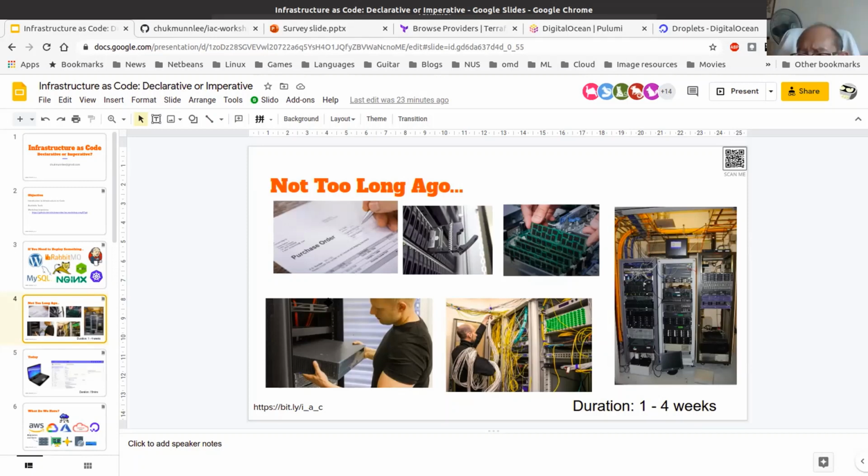You put in your hard disk, you put in your memories, etc. Then you need to find space in your data center. You need to go and physically put it in, connect it up, test everything, right? So the duration, from starting the idea, where you have an idea to deploy an application, down to the hardware ready, is typically about 4 weeks, right? Maybe even longer.